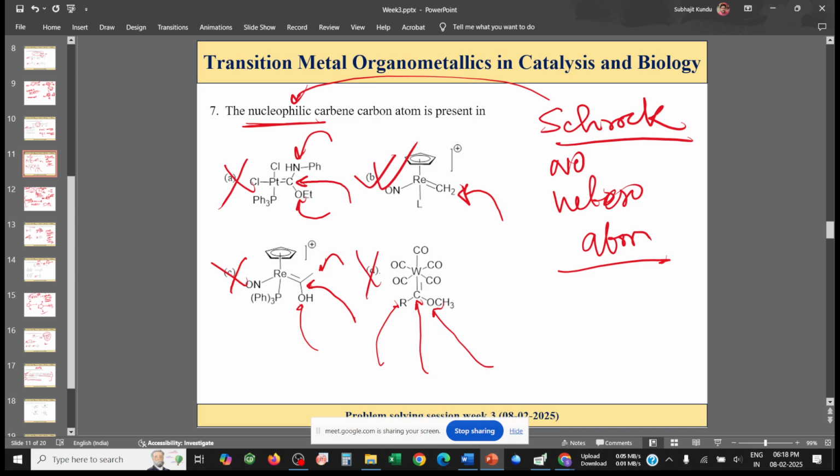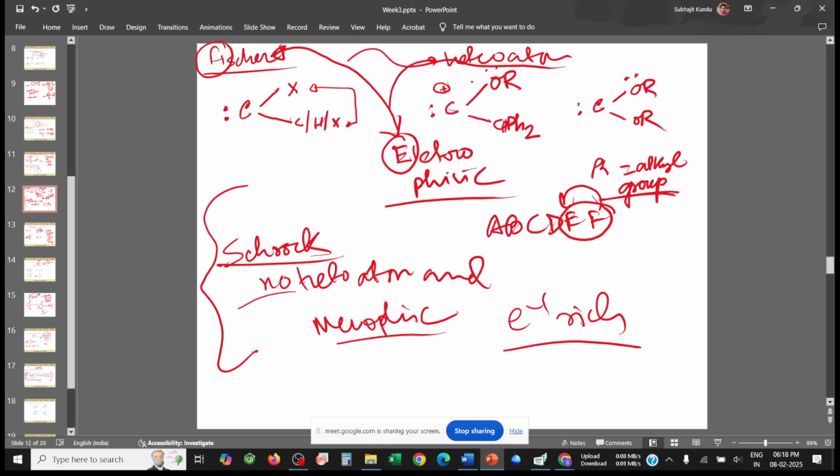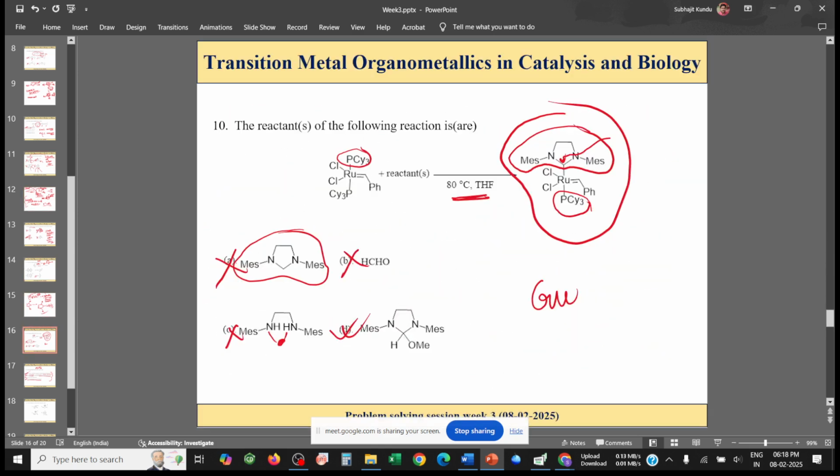If you look at the options first, you will say that this is a repeat and just mark randomly and go. Don't do that. Please don't do that. Try to read the question. Sometimes the same options can give you a different question. Here the earlier question was nucleophilic carbene. Now our question is